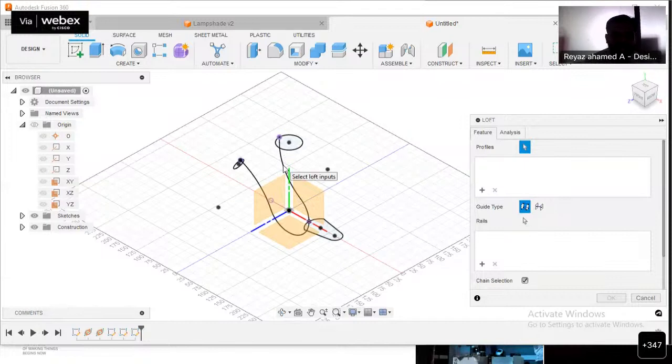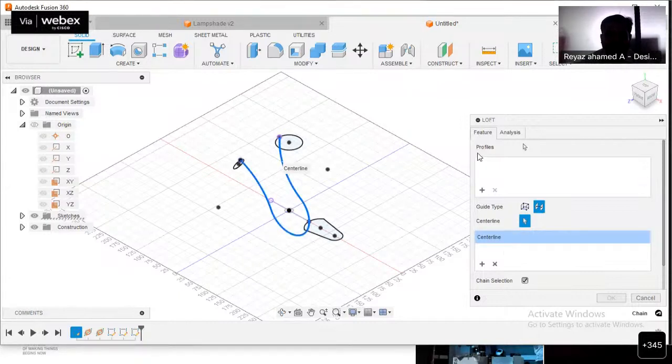If there are two or three paths, you may choose the guide type as rails. But here only one guideway is there, so we choose the guide type as center line. The center line should be this path.